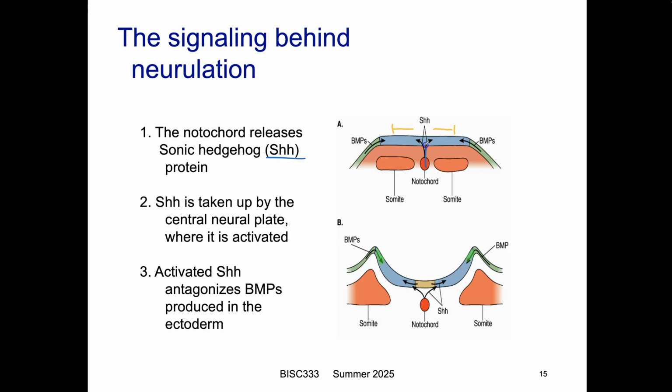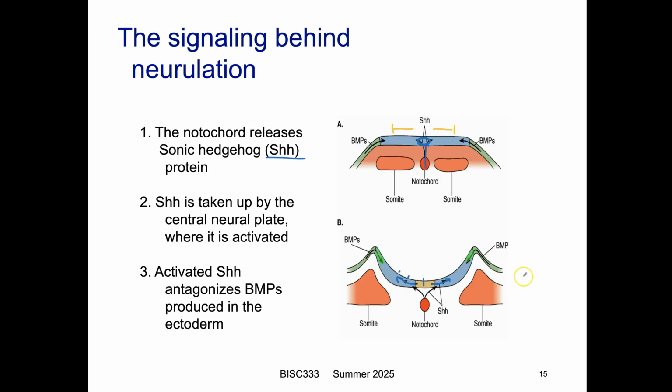So basically, there is signaling to the central part. This is where the neural furrow, neural groove is going to form. And Sonic Hedgehog starts being expressed in this region. Sonic Hedgehog is a diffusible, fairly short range signal. So the signal is going to emanate outward. There's going to be tons of Sonic Hedgehog at the source, and then less and less as